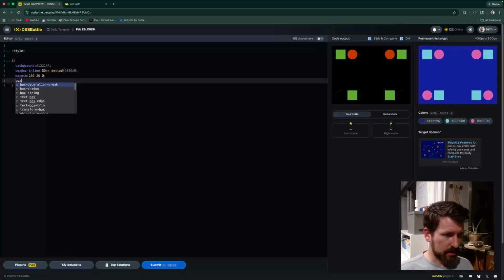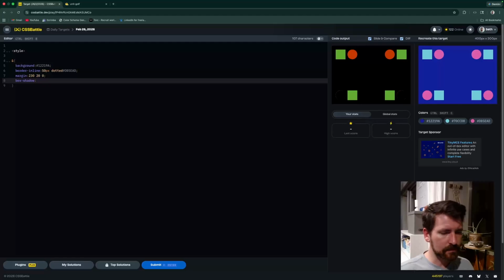So we're going to go box shadow. Oh man, I have to do 2 insets for this to work. Oh, that won't work. It means 2 variables. If I wanted to just erase them with a variable and turn them into something different, I could establish the variable and then write var and all that, but we can go